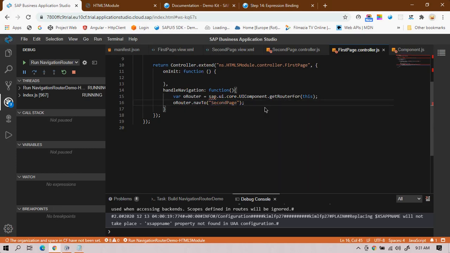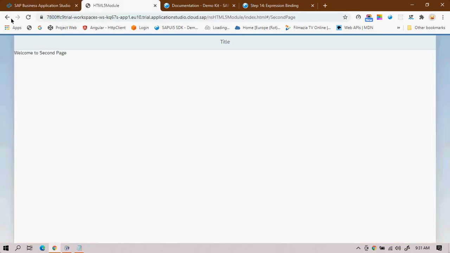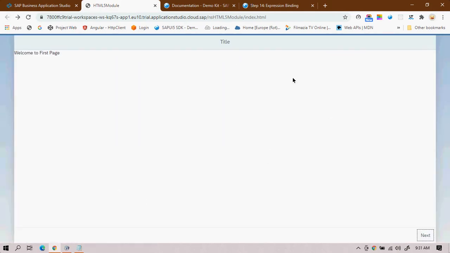There is a basic difference between these two words. So I will just navigate back and refresh. This is my first page. If I press next, see, it will not work, right? So this is the thing.